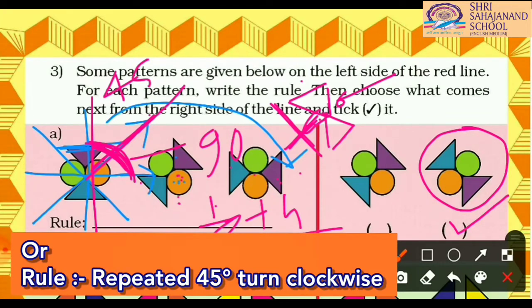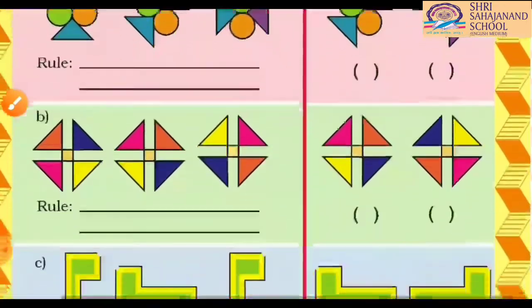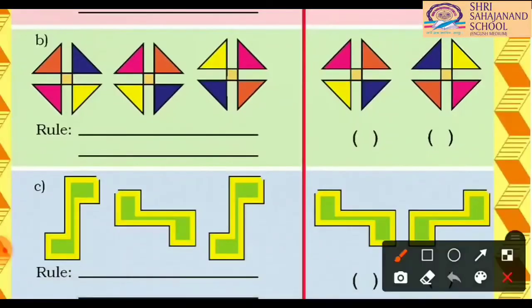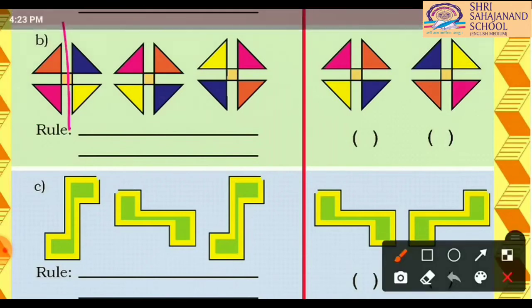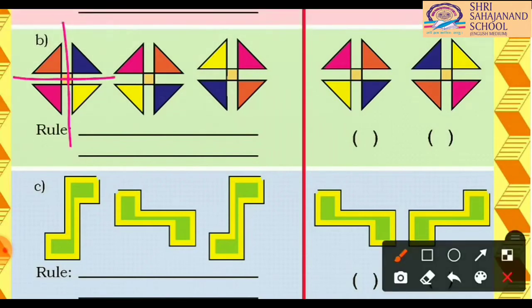Now come to the second picture. In the second picture you can see the first picture. Here we have four triangles in orange, blue, yellow and pink color. What is happening in the second picture? First you have to divide it for your understanding, because generally a picture is turned in its half or 1/4 turn. Now come to the second one.